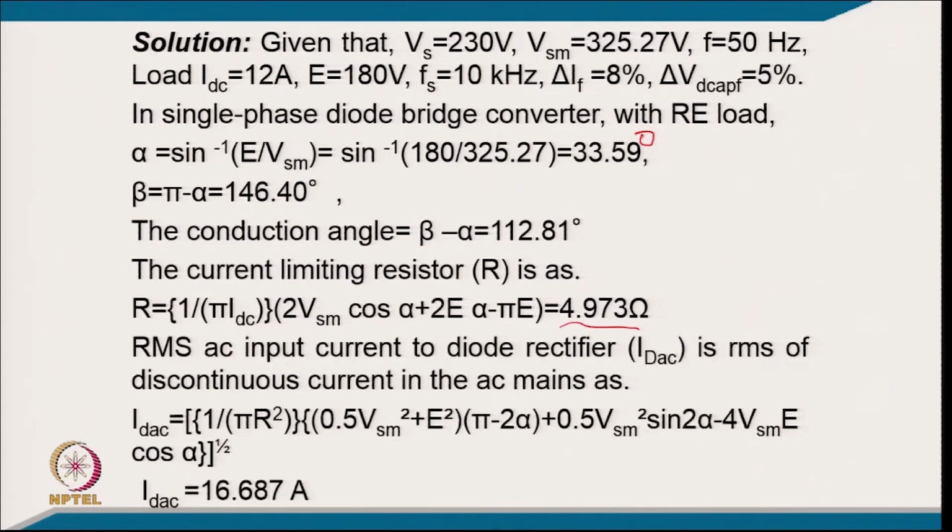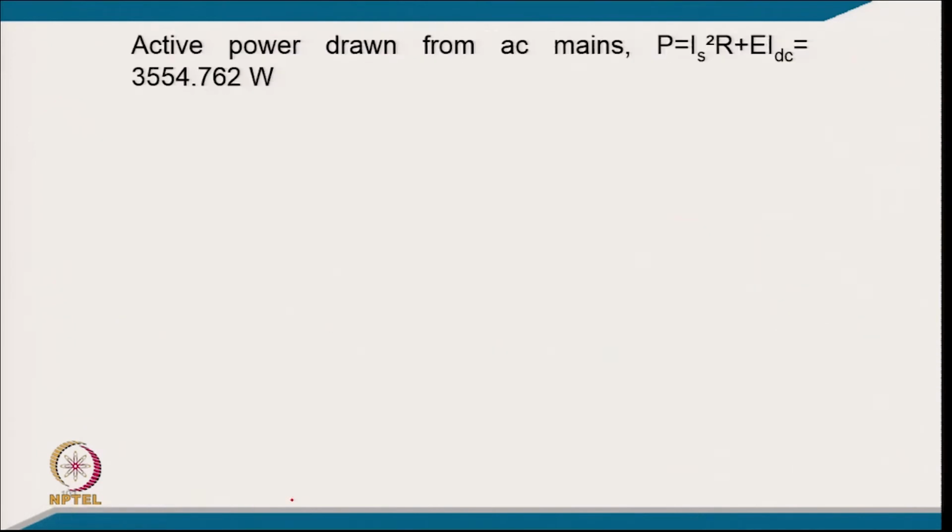So, that comes to 4.973, and the RMS current in the diode rectifier is the RMS discontinuous current of the AC mains. By putting this resistance value and all the other data, we are able to get the AC RMS current, that is 16.687, and the active power drawn from the AC mains is IS square RS